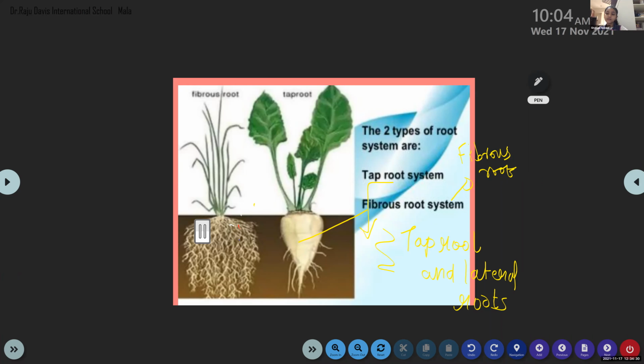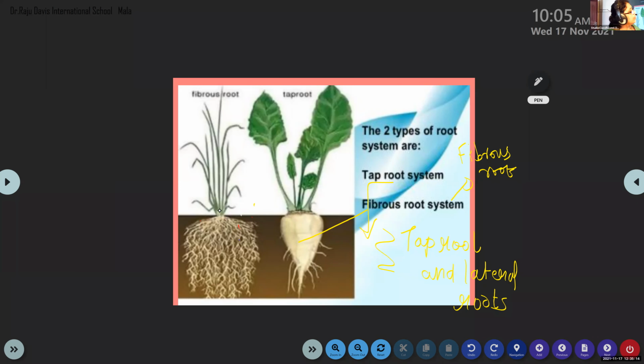Reticulate venation and parallel venation. Okay. Bilsa, can you tell me what do you mean by parallel venation? Amna, can you say what is parallel venation? Yes, ma'am. The veins in the leaves of plants with fibrous roots are parallel to each other along the length of the leaf, which is called parallel venation.